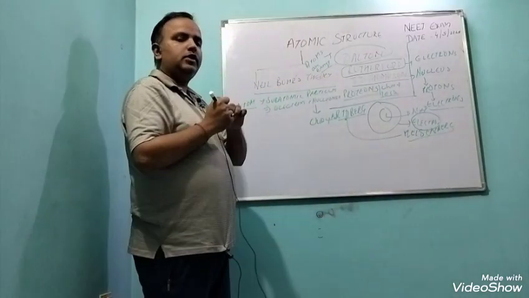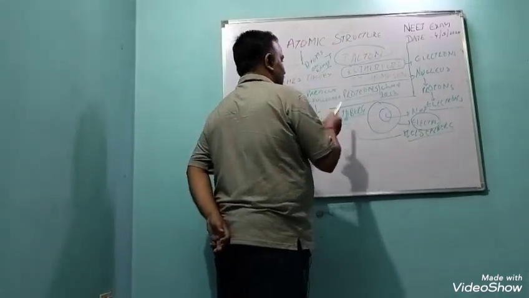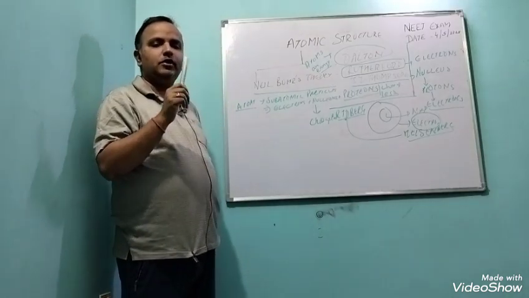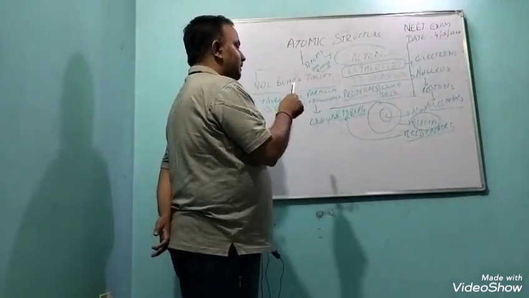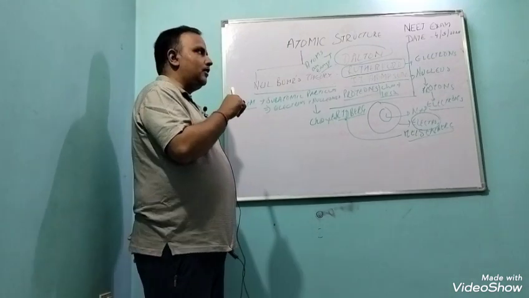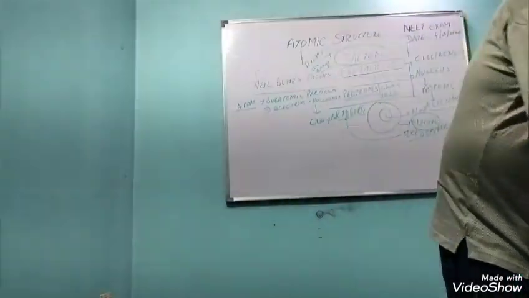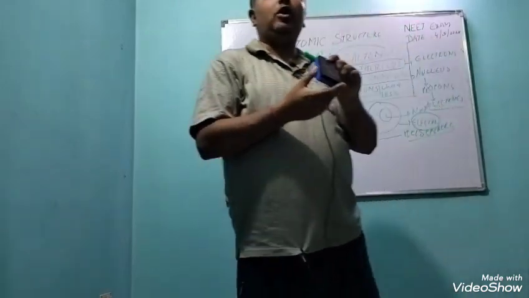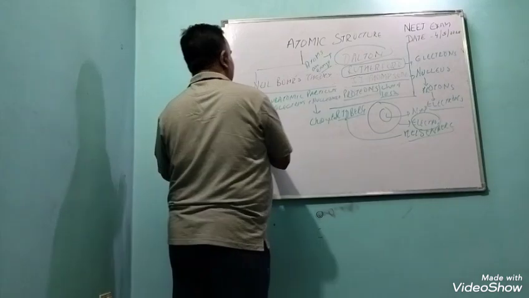The notion was so strong that protons and neutrons do not carry any charge, that if any substance was found positively charged, it was taken for granted by the scientists that these materials have fewer electrons, and the ones which are negatively charged have more electrons. So in a way we can say that the chemists at that point in time believed that electrons were the ones doing all the work of moving around, carrying and transmitting charges. So going by this fact,